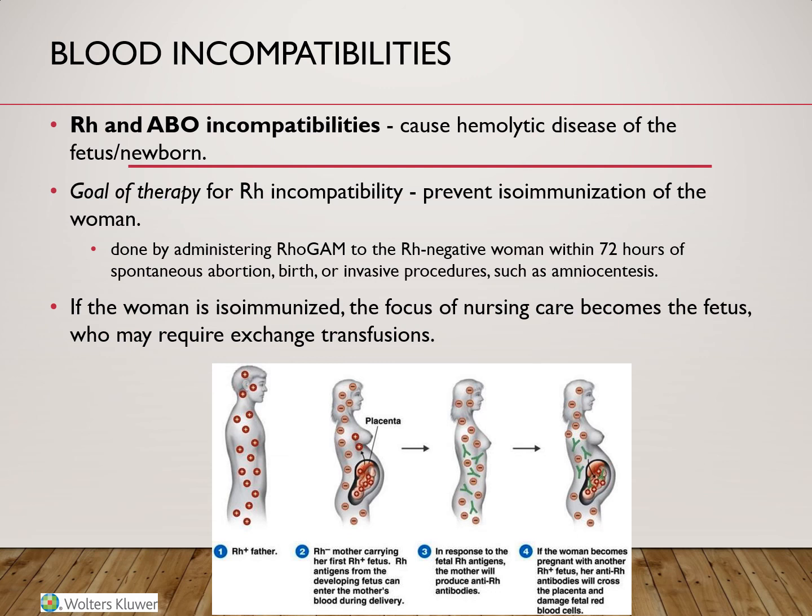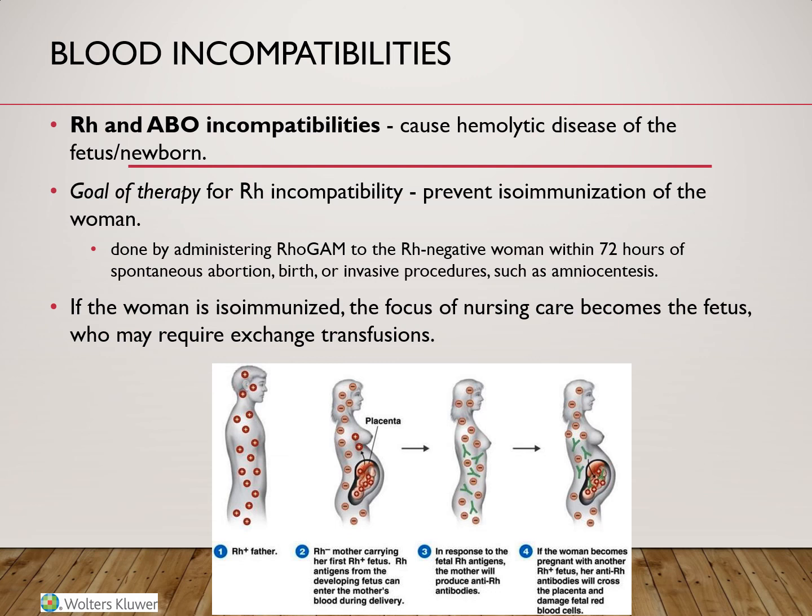In terms of clinical manifestation, first of all, we'll determine a routine blood and Rh typing during the first prenatal visit to see if there is any risk for an Rh incompatibility. And also, we'll look into the history of this woman and see if she may have been already sensitized. Did she have any blood transfusions in the past? Did she have a baby before? So the treatment is to administer RhoGAM, which is an anti-D immunoglobulin that will counteract the production of antibodies that the woman will produce.